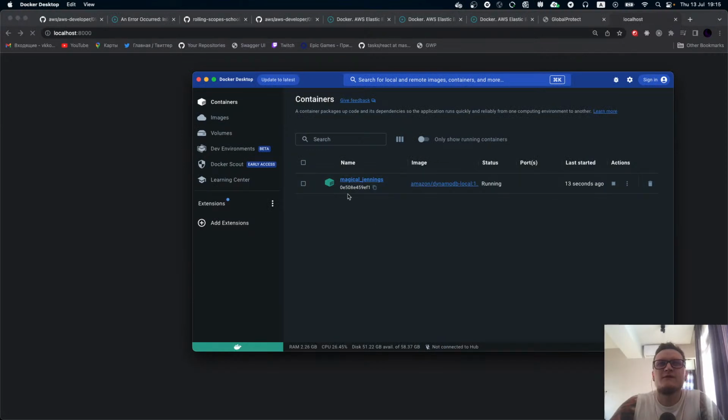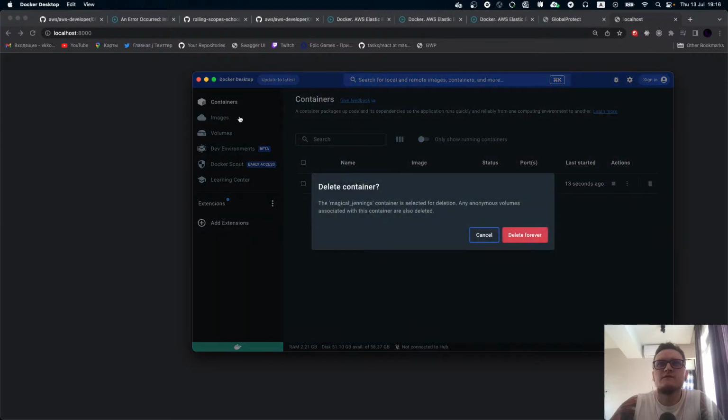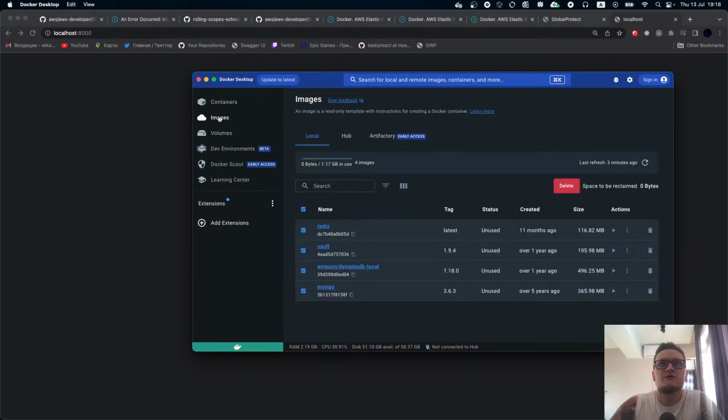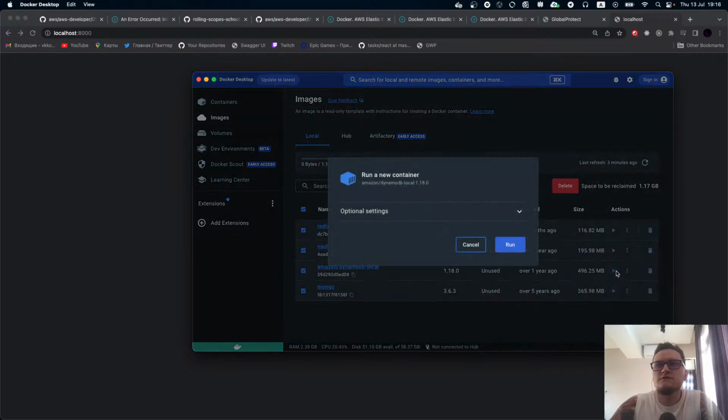What would be the better solution for this one? Because I started this guy. Delete. Yep, I'm removing this one. Let me check. Can I run image actions? View packages, CVs, run.